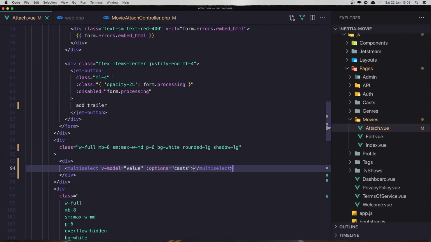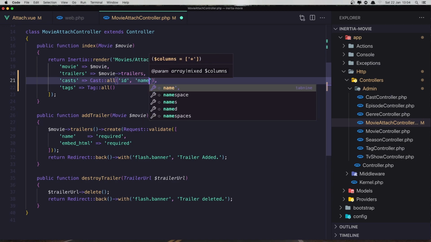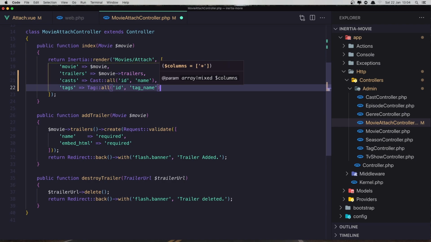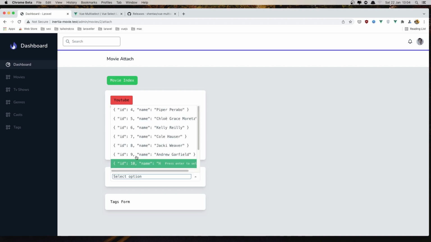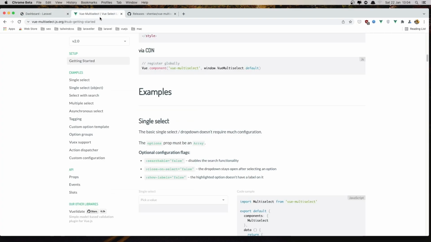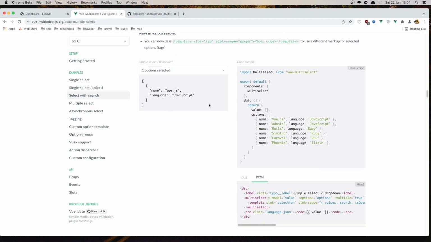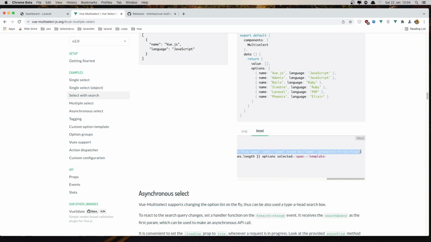If we want, and maybe it's a good idea, to add here only the ID and the name, and the same thing for this one, ID, and here we have tag name. Okay, save. So if I refresh now and see, we have only the ID and the name. Okay, but if we go to this, and I'm going to use multi-select here, we can use this one, options, and I'm going to copy what we have here